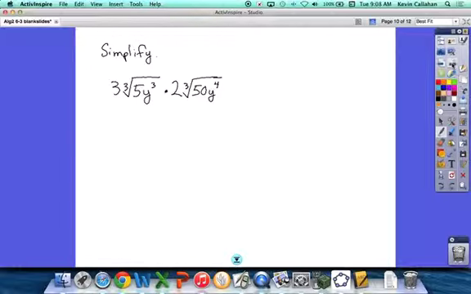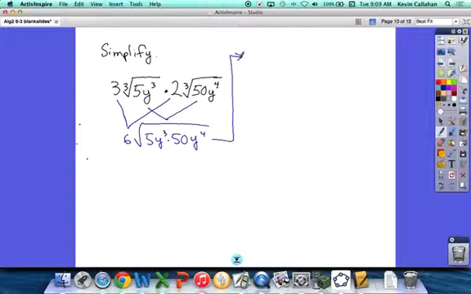So what do you do about that? You multiply them. They stay outside the radical and you multiply them. So this times this gives us 6. And then we have a radical, which is 5y to the third times 50y to the fourth. So just, if you've got coefficients in front of the radicals, just carry them along. They'll be there. They'll be part of the solution at the end. Okay, now this one,